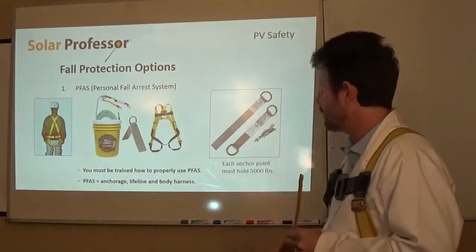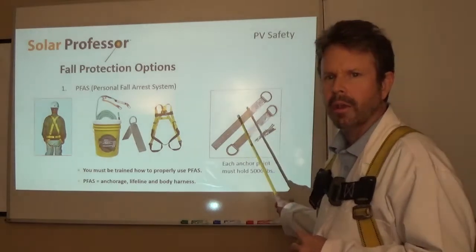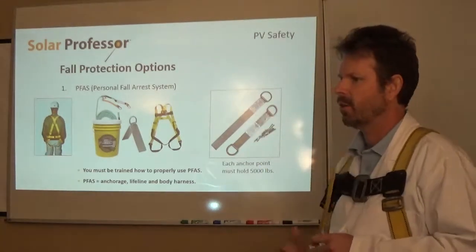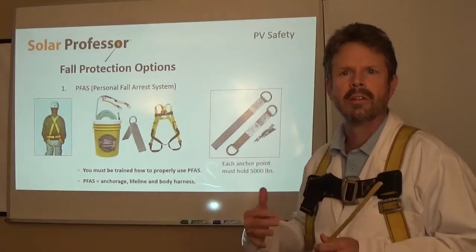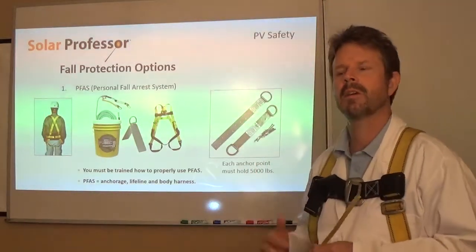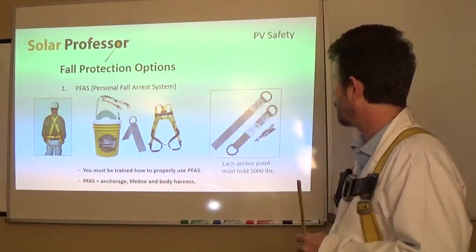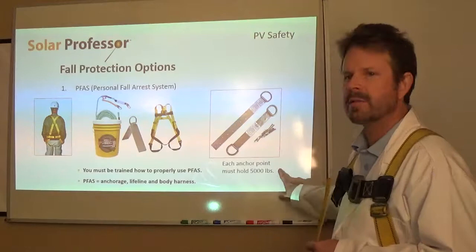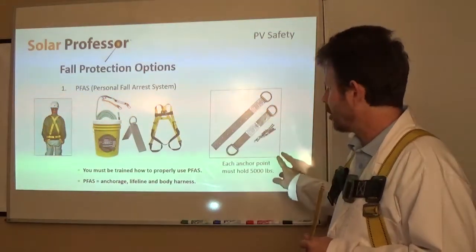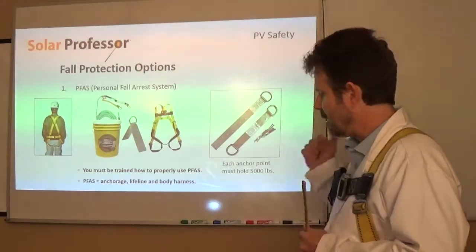Here are some other devices that we use as well. These are actually permanent anchors, and these are fantastic because if you're doing a solar job, chances are down the road you may need to maintain that system. So that means you may need to go out and go back on the roof. So we can install some permanent anchors. Notice I wrote on here, the anchors, a single anchor is for one person, and it needs to hold up